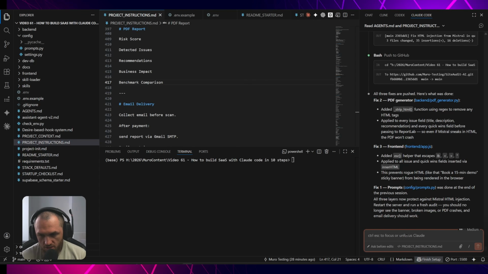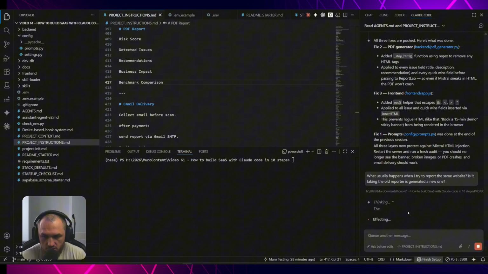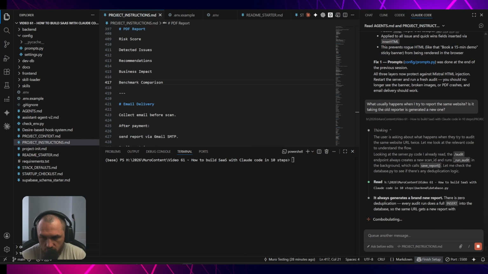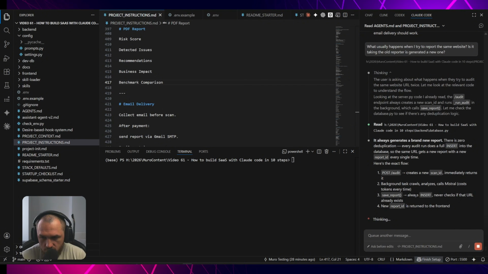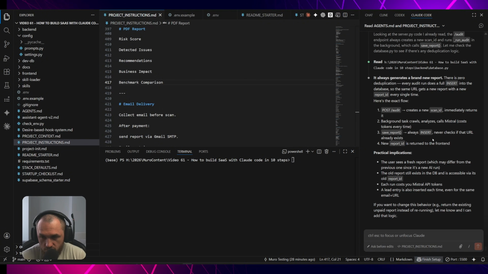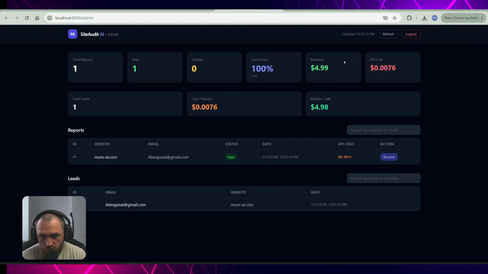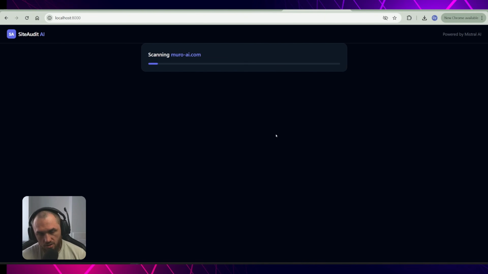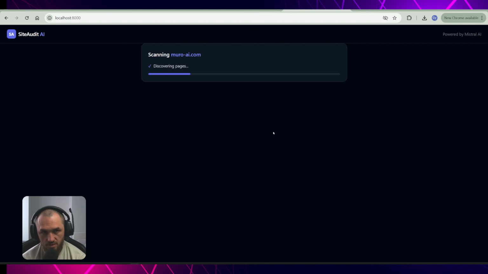So let me just ask it, what usually happens when I try to report the same website? Is it taking the old report or does it generate a new one? I'm going to ask it, because last time I tried to generate the report. Insert, save the report, user sees fresh report. Oh, no, that's okay. Let me run one report now and see if it's going to work and if it's able to send me the email with the full report and everything, but I have to pay